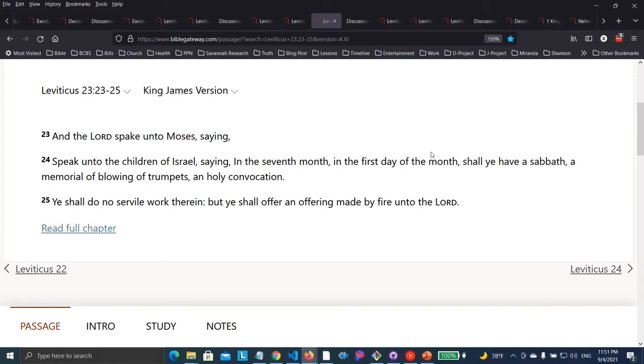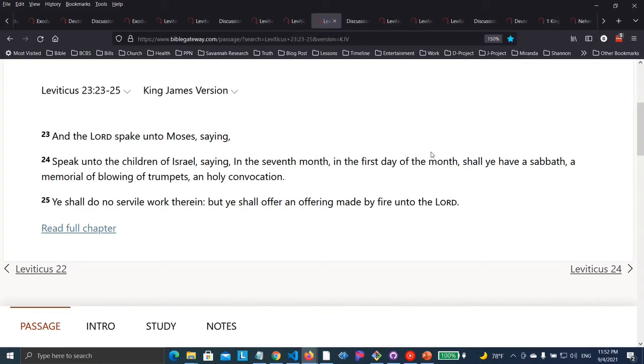Okay, Leviticus 23:25. We're going to look at that. We're going to keep moving, because we have to remember one more about the grapes, and when does that occur? We're going to move towards that and see. And the Lord spoke to Moses, saying, "Speak to the children of Israel, saying, in the 7th month, the first